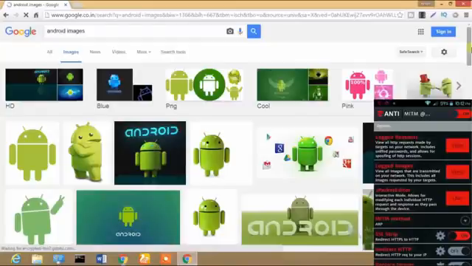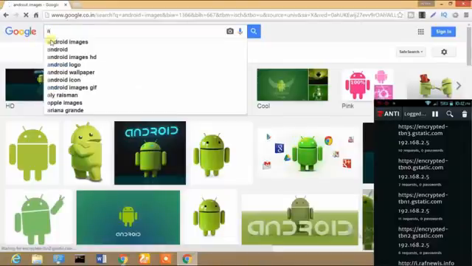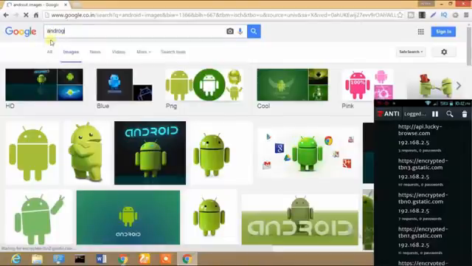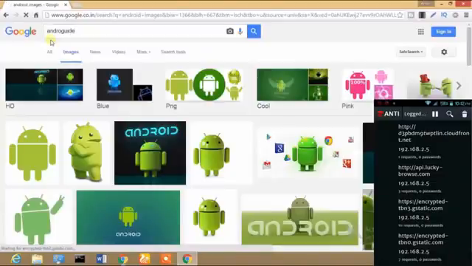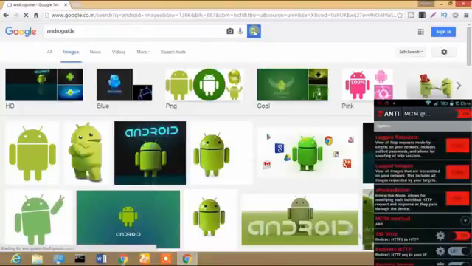Now it's loading, so wait for it to complete. After it completes, I'm gonna search Android Guide, my channel name, you know it, and we will search for it. It takes a little time.